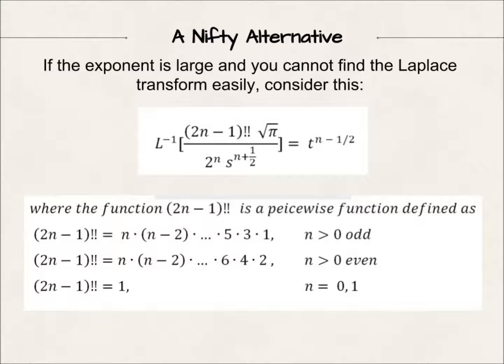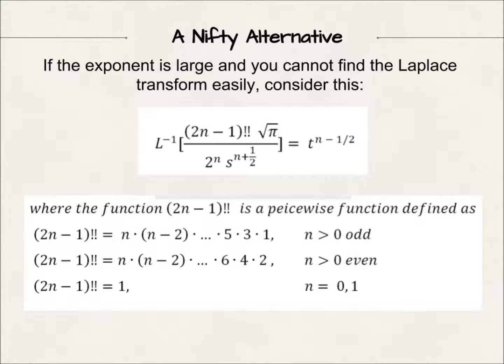where the Laplace inverse of 2n minus 1 double factorial times root pi divided by 2 power n times s power n plus half equals t power n minus 1/2. And this equation might look daunting because you guys might not have seen the double factorial before, but